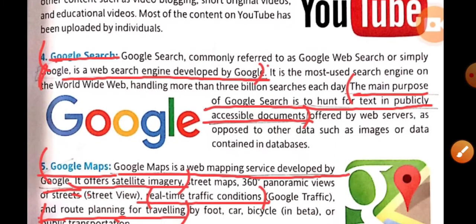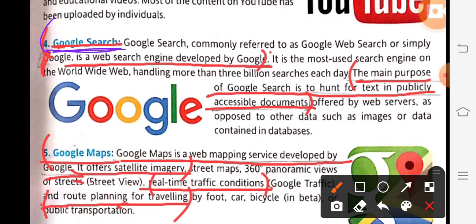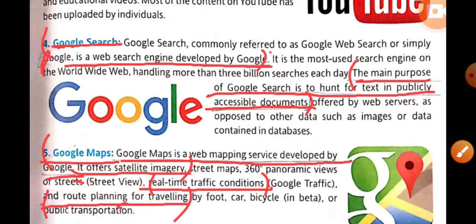Then fourth point, Google search. Give the heading, and after that write it, after giving the heading in the same line write it: Google is a web search engine developed by Google, full stop. The main purpose of Google search is to hunt for text in publicly accessible documents, up to here, right? Then fifth one,